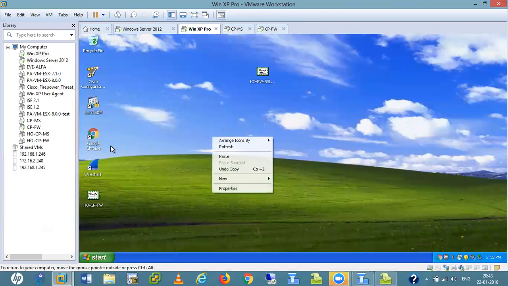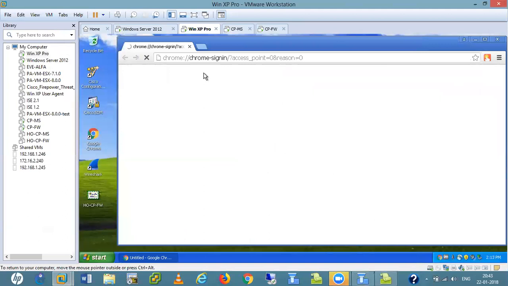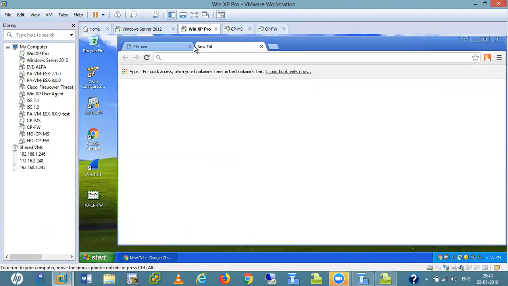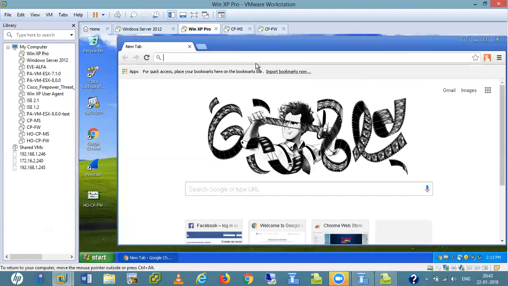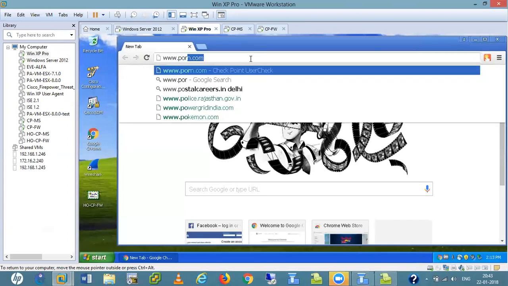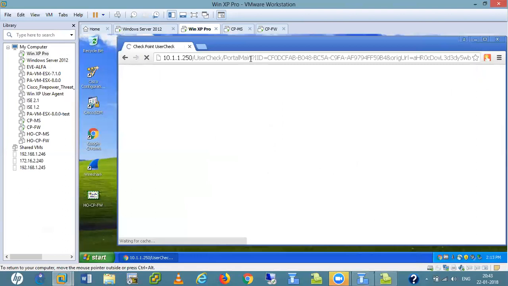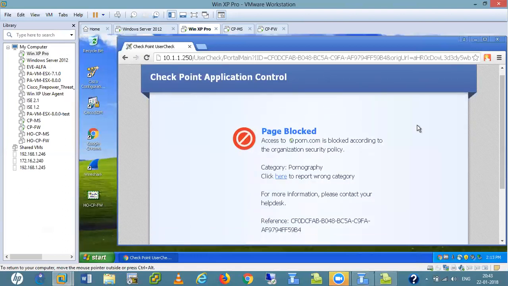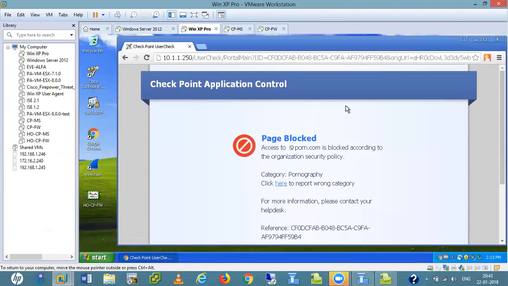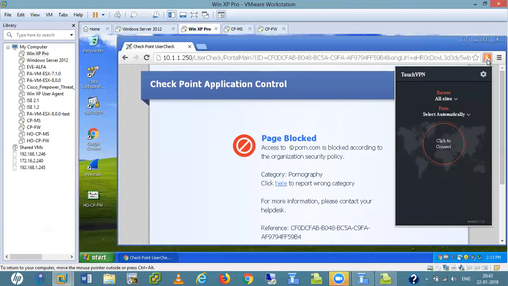Right now, let me start again. So it automatically starts that VPN tunnel, I think, right? Yes, internally it will start automatically. So now I again go to any porn website. I'm getting these messages. Encryption happens when it is going to create the tunnel.